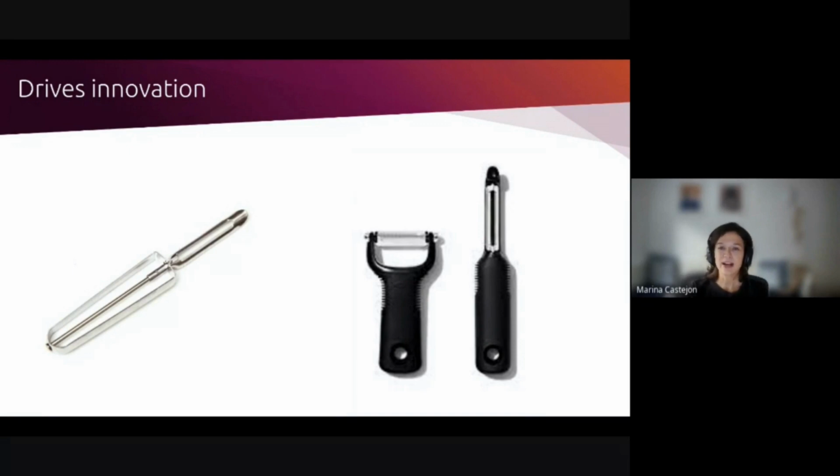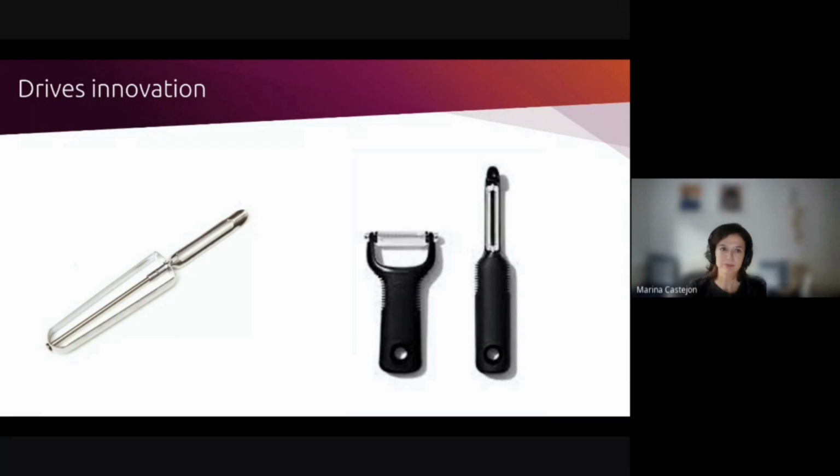And bear in mind that the brand behind this, called Oxo, they didn't market this as a peeler that was good for people with arthritis or motor impairments. This peeler was better for everyone, and that's why nowadays all peelers have much bigger handles. This is only one of the many examples where a focus on accessibility and inclusive design benefits everyone and fosters